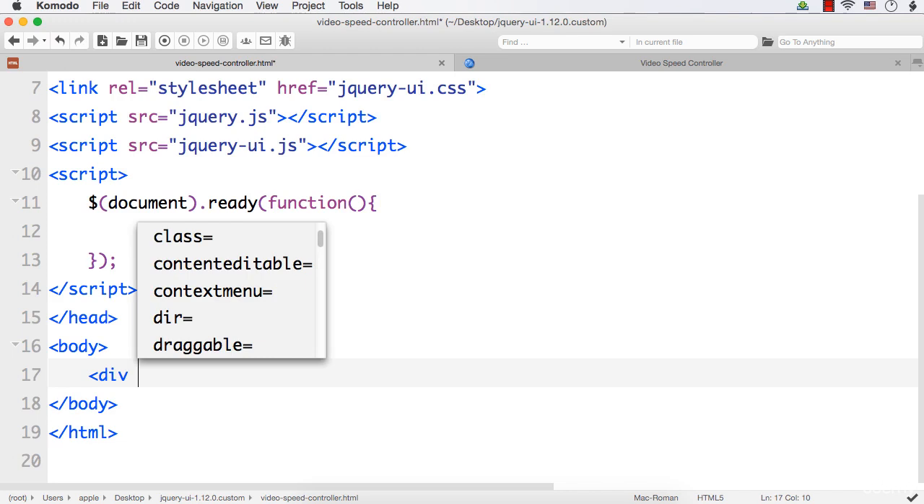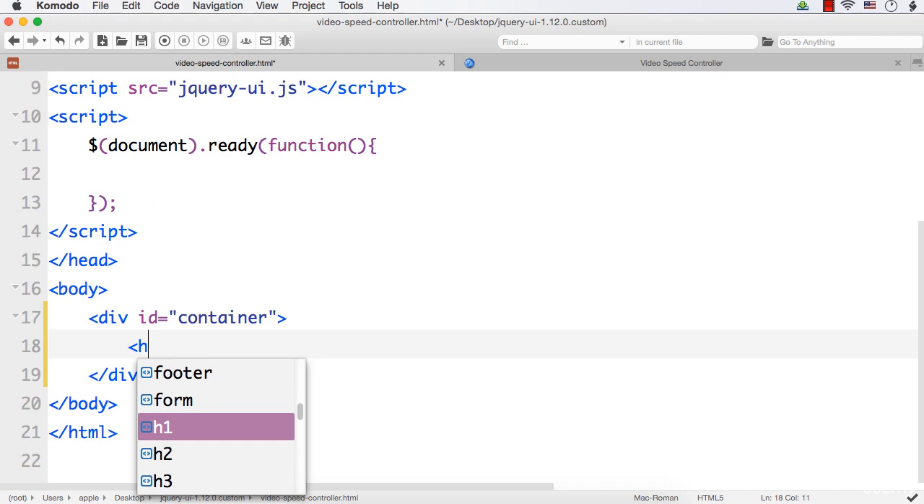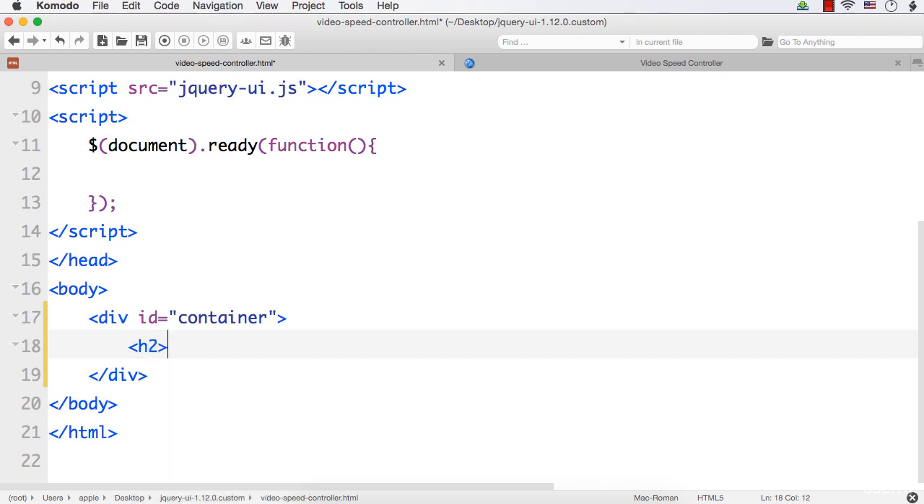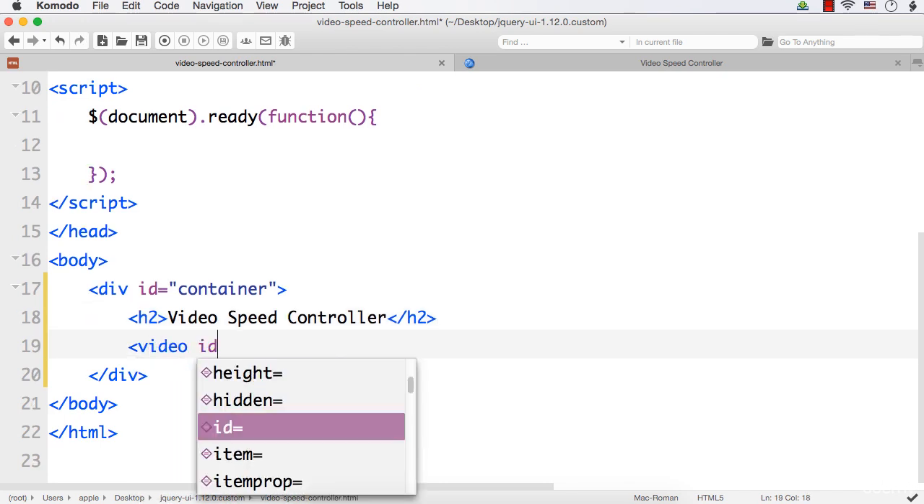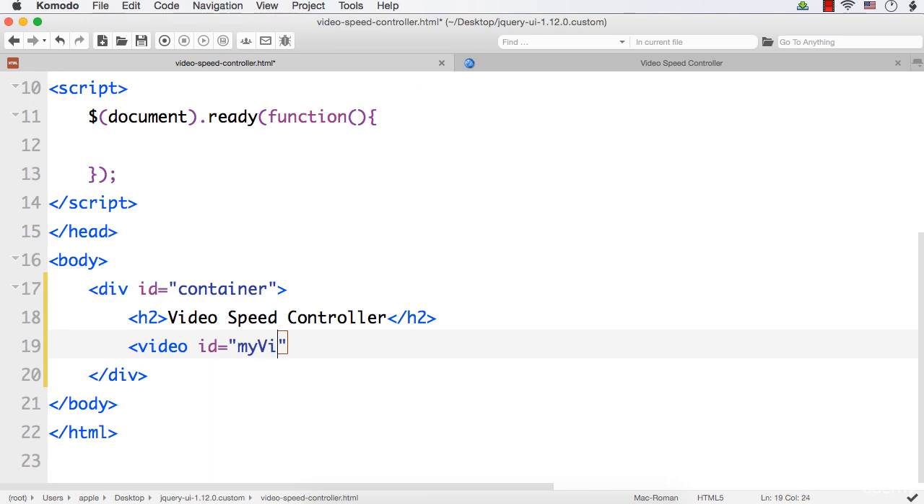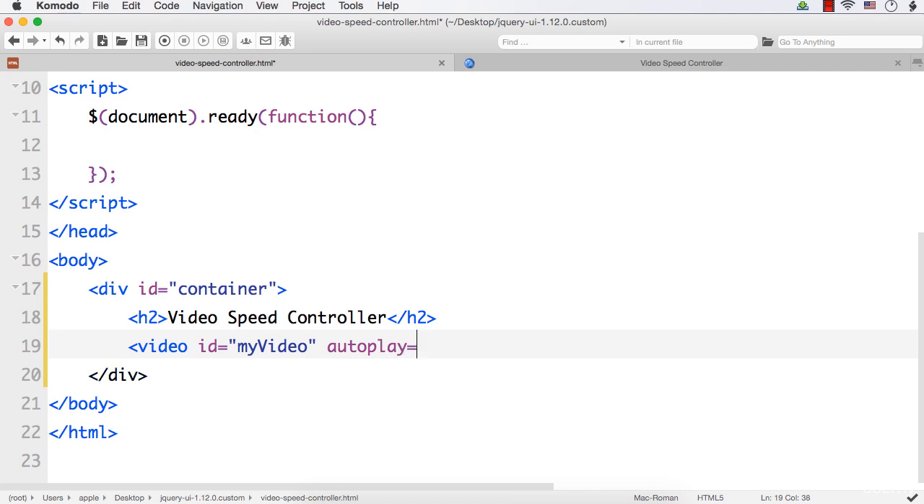So first let me add a div element for styling purpose with ID container. Then let me specify h2 as video speed controller. Then let me add the video tag, that is the video element with ID my video, and I want to play this automatically, so I'm going to use the autoplay attribute, and also I want to repeat it once it